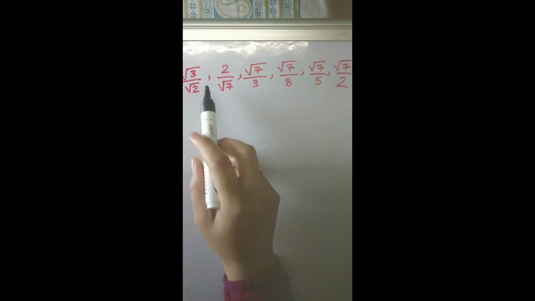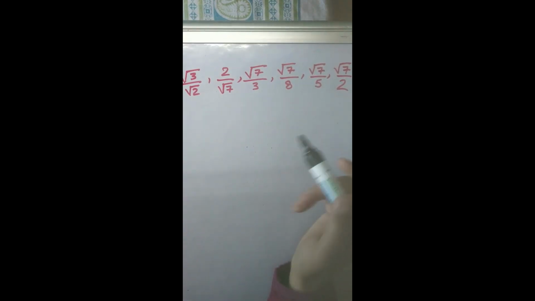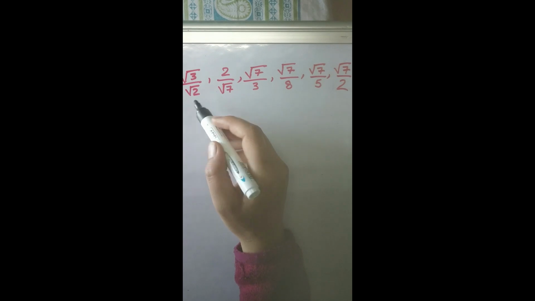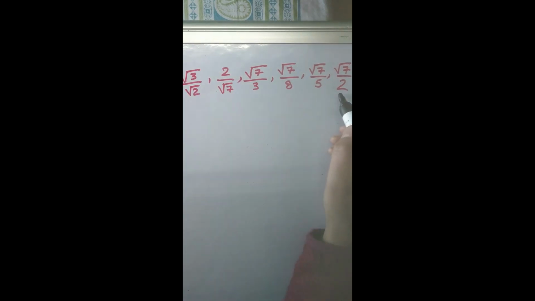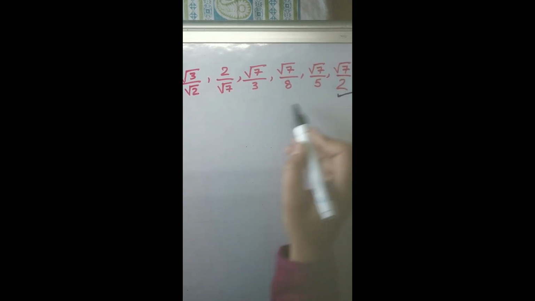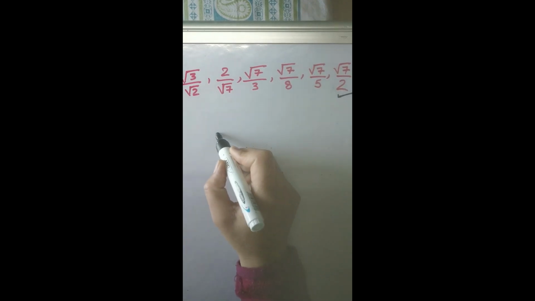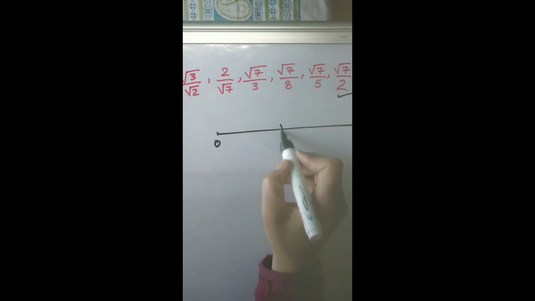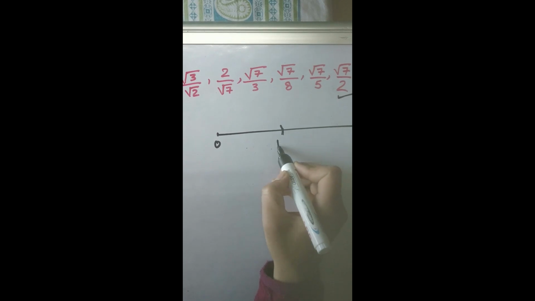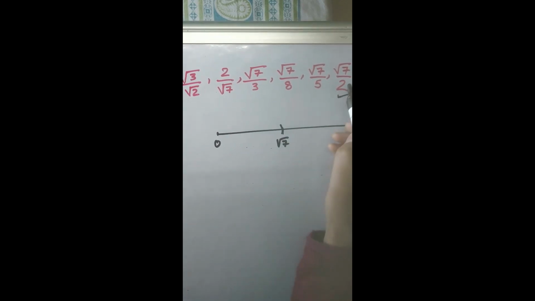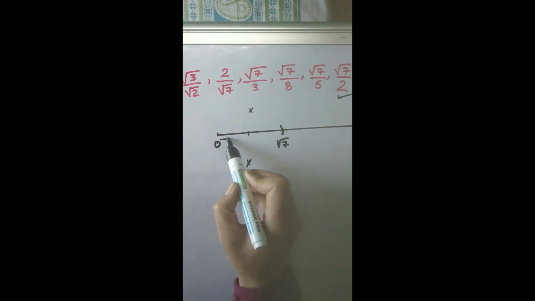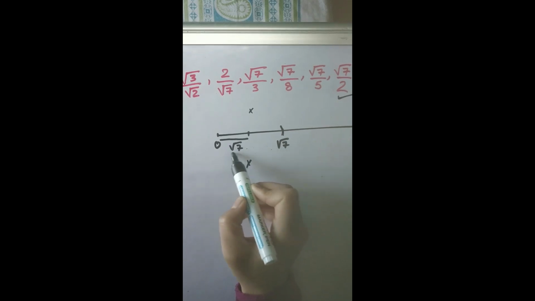I rewrite my problems here, the problems of the irrational numbers which cannot be located here. When we were discussing this, we said this can be located. We first have to find out root 7 through the right angle triangle, and once we get it, we'll locate it on the number line from 0. Suppose this is root 7. We can find its half easily by the perpendicular bisection technique. So this is half of it and this is actually root 7 over 2.